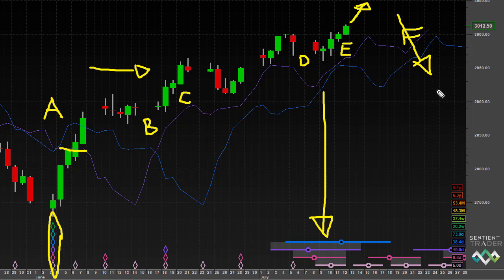Now, F category short trades are usually good, profitable trades. We need to bear in mind that there is still bullishness in this market, and the fact that the D category interaction didn't even get below the 20-day FLD is a bit of a warning sign if you're considering taking a short trade. Under conditions where a market is constantly bullish like this, an F category trade will often still